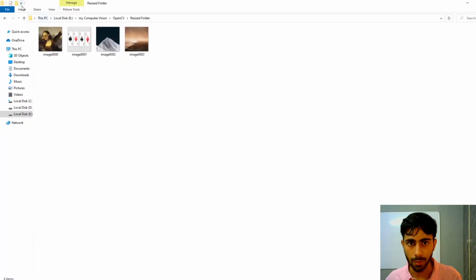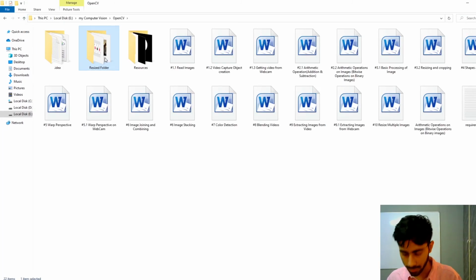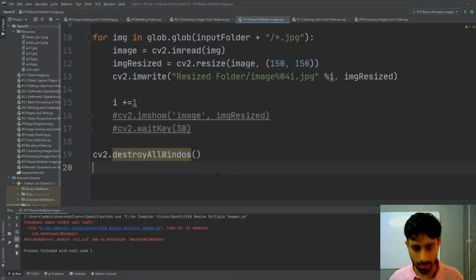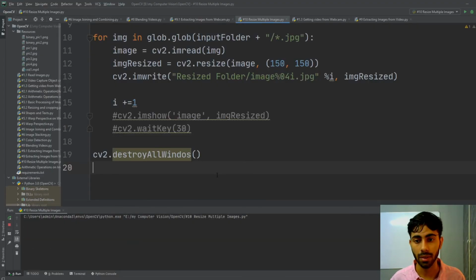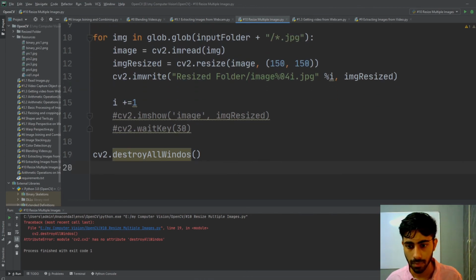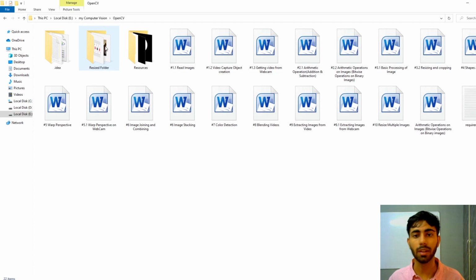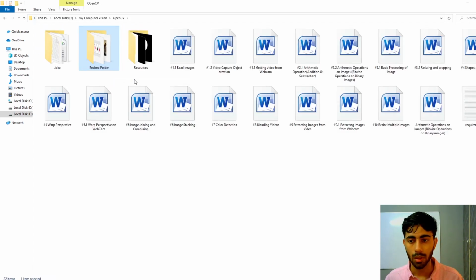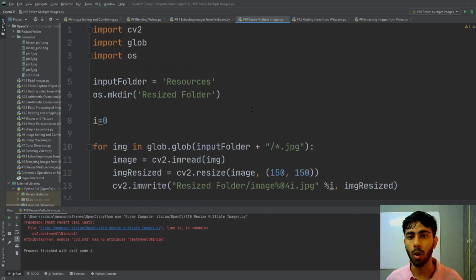Now if I delete this folder and then run my code again by pressing Ctrl Shift and F10, you can see that I have again created my resized folder, and inside these are my images. So this is how you can resize multiple images using OpenCV.